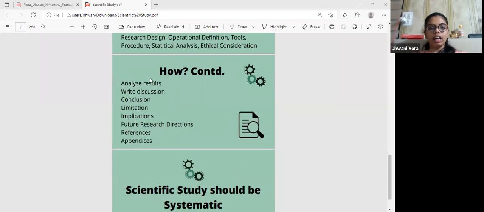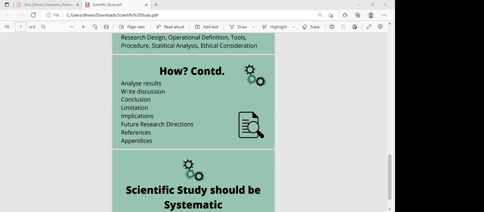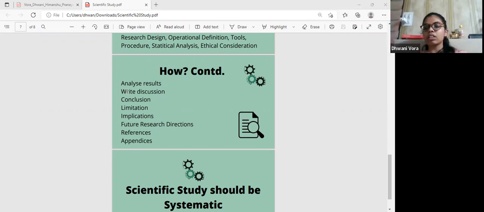Then we come to analyzing the results. Okay, so that is done through the software if it's a questionnaire. Otherwise, if it's a qualitative research, मतलब questionnaire नहीं है, सिर्फ question answer लिया है, so we just write down those things. Then we write the discussion. Now this is the heart and soul of your research paper. Discussion should be very precise, very detailed as well. कुछ time pass बातें नहीं लिखना है, लेकिन pure details देना है. कि how did you conduct the whole thing? What were the different